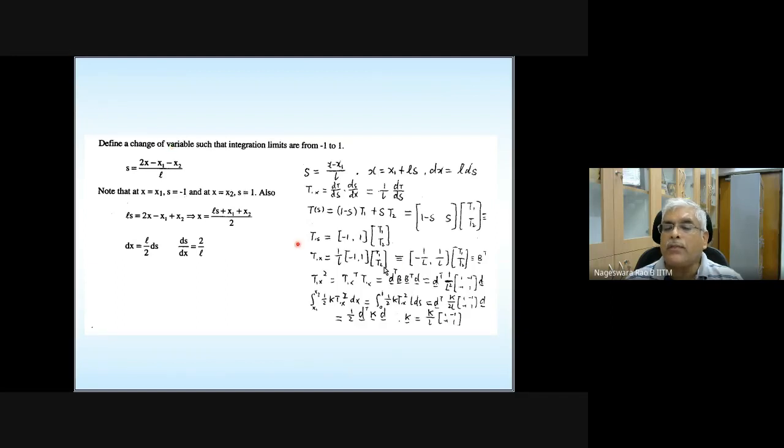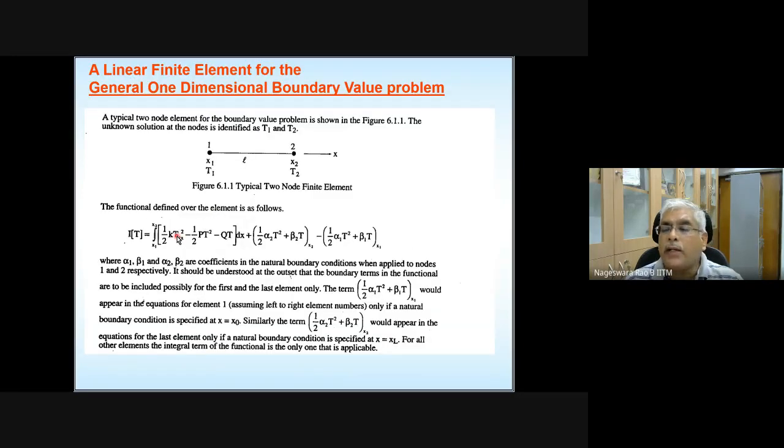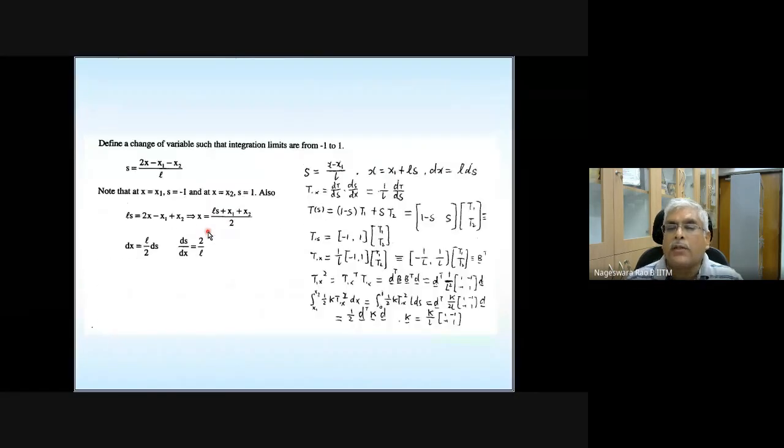So please take a note of this quickly. And also you can see here, derivative of t with respect to x square is there. So this we already discussed how to write this kind of things. And this is a scalar quantity, so you can write it as derivative of t with respect to x transpose times derivative of t with respect to x. Derivative of t with respect to x can be written as b transpose d, all that, whatever you studied. T can be written as n transpose d, all that. Okay, here.